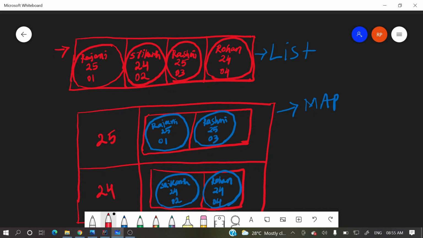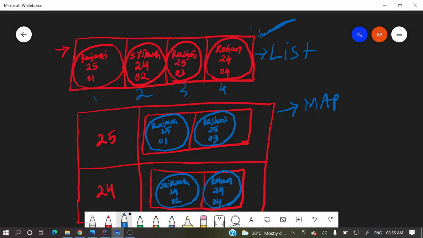Suppose we have a list of objects, here a student object. This list contains student objects: one student here, another one here, another one, and another one.